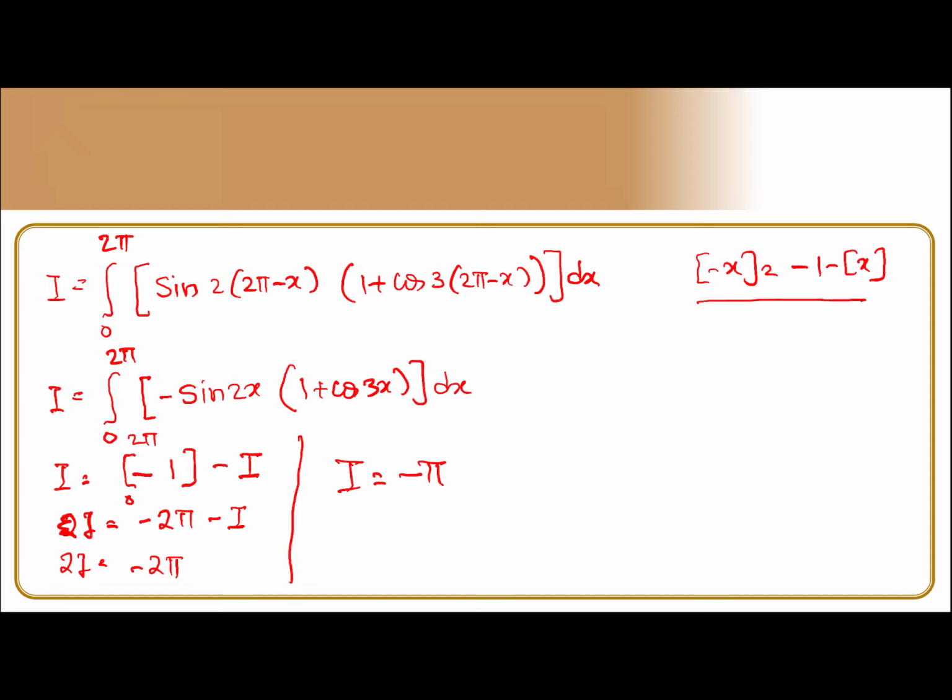Again I repeat, when we take 2 times (2 pi minus x), it becomes 4 pi minus 2x. You remove 2 pi because one circle is over. So 2 pi minus 2x. Sine (2 pi minus 2x) is minus sine 2x. Here 6 pi: when 6 pi is there, remove 4 pi. What is left? 2 pi minus 3x. So cos (2 pi minus 3x) is plus cos 3x only. There is no change. So this becomes I. So I minus I will become 2I. And this will become upper limit minus lower limit, which is minus 2 pi. So I is equal to minus pi.